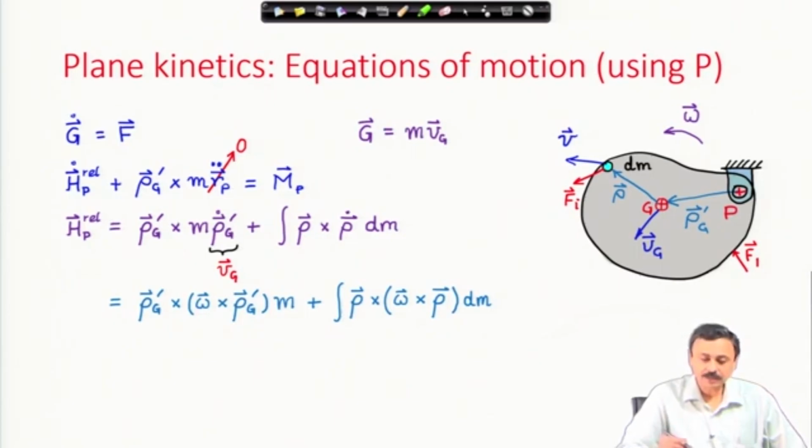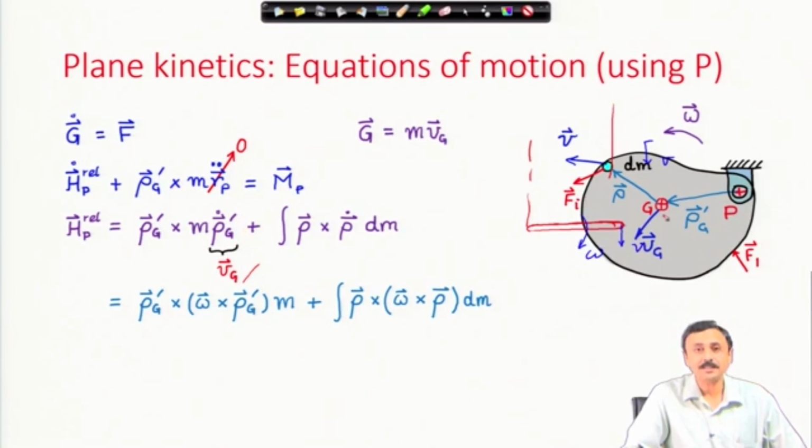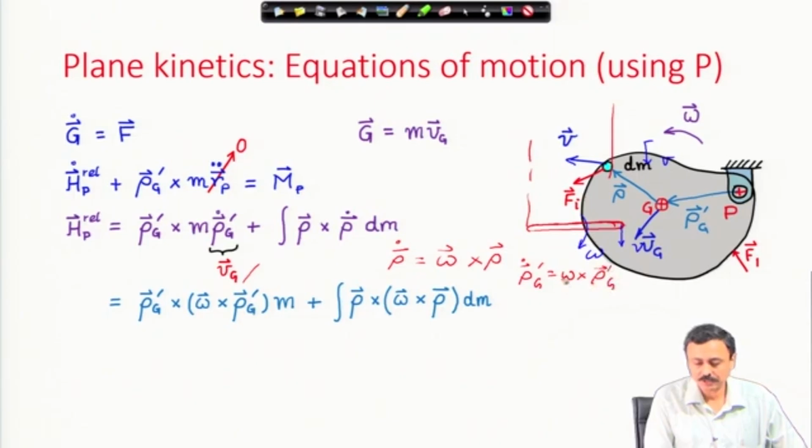For a rigid body, I can write this linear velocity. This is nothing but the velocity of the center of mass. This rho g prime dot is nothing but the velocity of the center of mass. That is essentially the relative velocity of the center of mass with respect to P, but because P is a fixed point, that becomes the velocity of the center of mass. And we have used these expressions that rho dot is omega cross rho and rho g prime dot is omega cross rho g prime vector. These are used here and here,